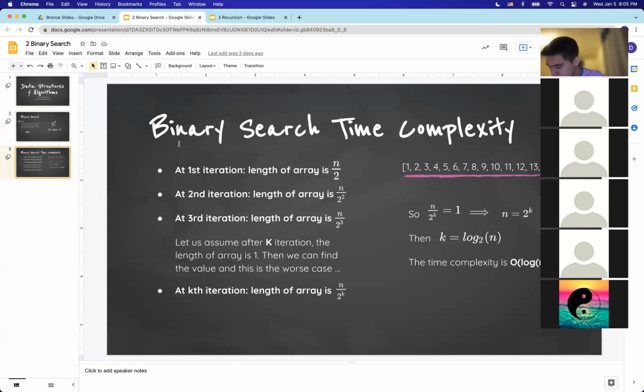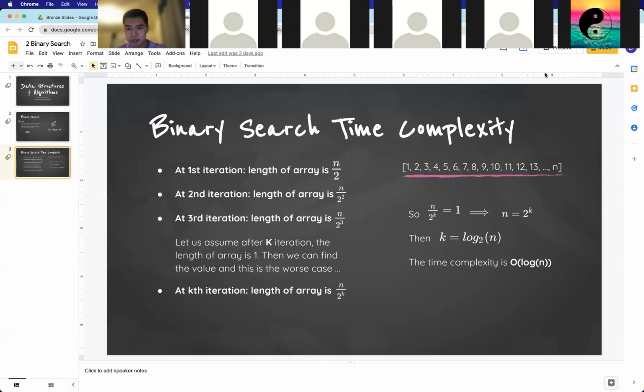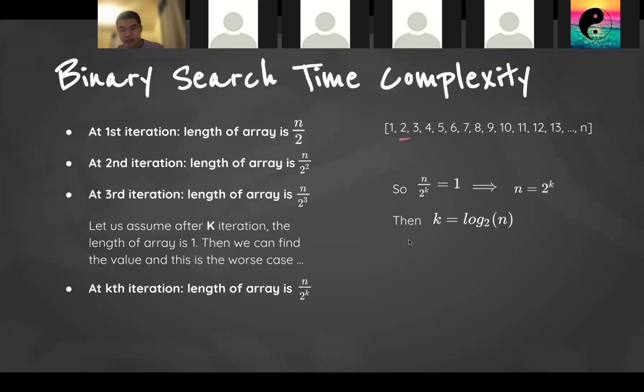Next up is a quick calculation of the binary search time complexity. You can see that the time complexity is O(log n), and what's listed here is one way you can think of to get to that point. It's all animated, by the way. The idea should be pretty intuitive. Assuming at the kth iteration, the length of the array left is 1, you know that n over 2 to the kth power